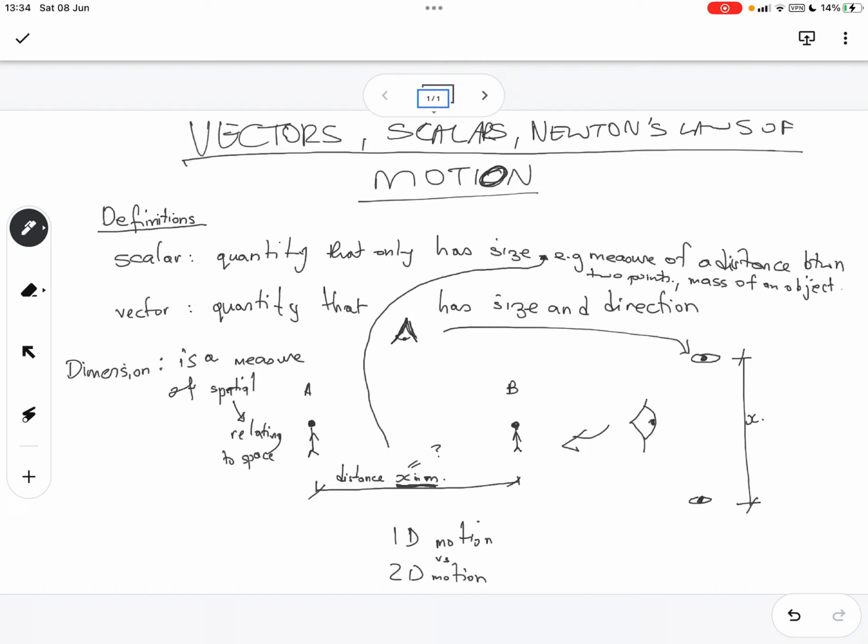Now, if we want to think about a vector, a vector will include that size, that measurement that we have, but it will also include a direction. So you measure it across two factors. The first one being the size, the second one being the direction. And why is direction